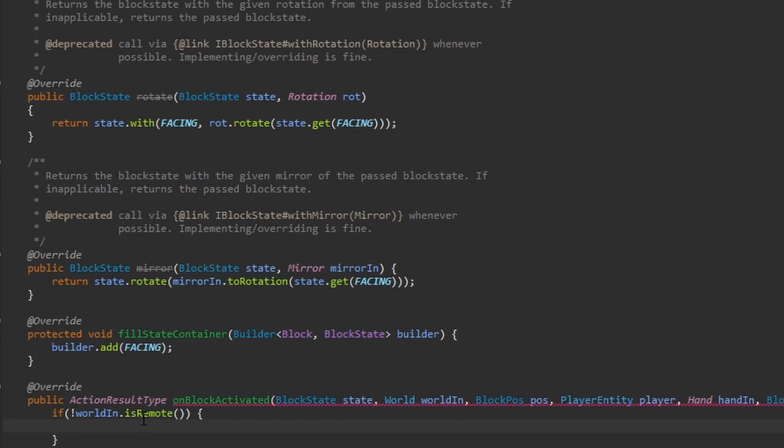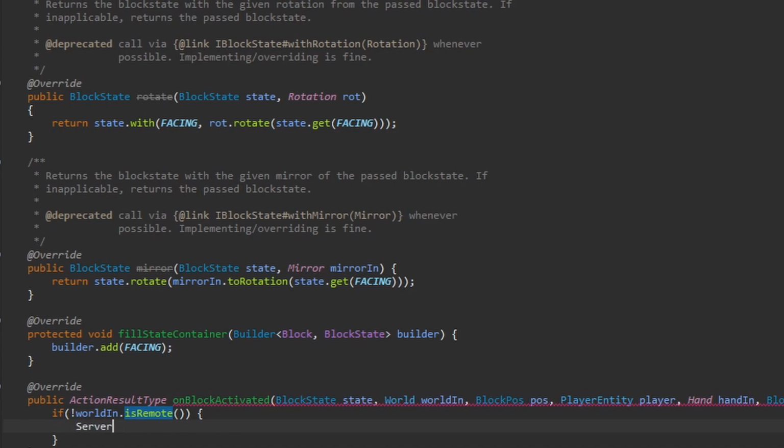So I believe remote is client and not remote is server, though I always get confused with these, so I might be wrong. No, I'm pretty sure this is server and is remote would be client,